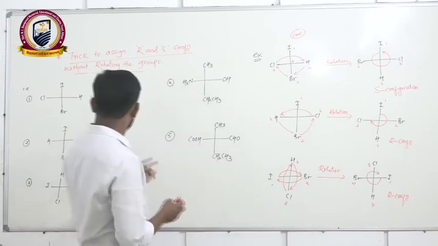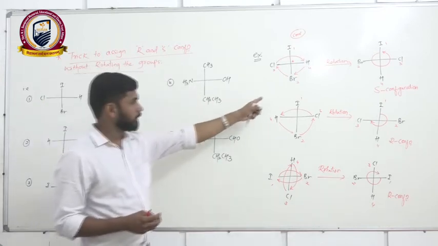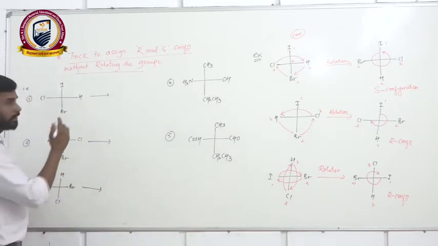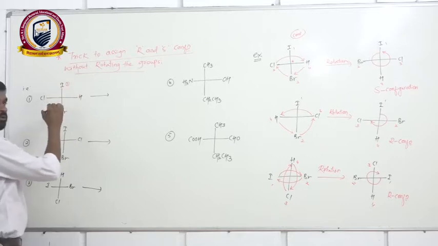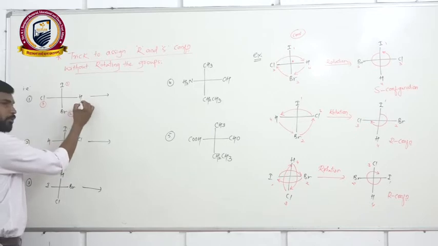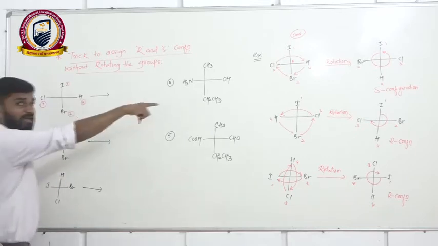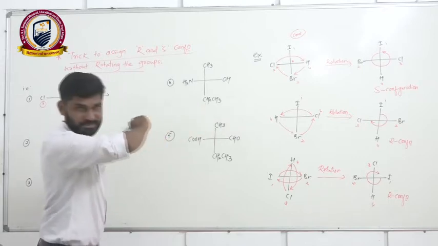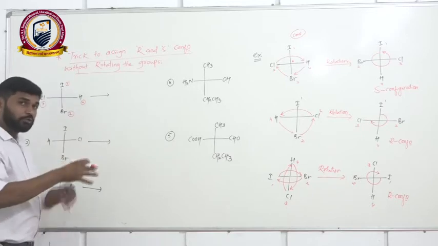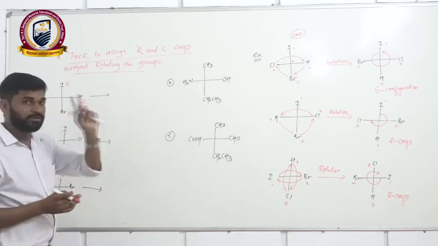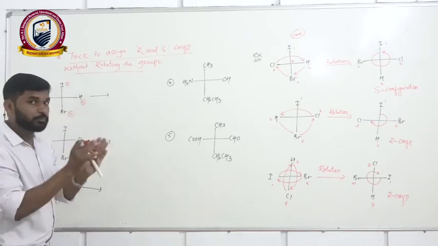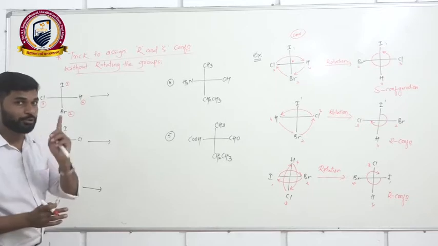Here I'll take the same example that I have written over here. Assign the numbers based on the atomic number. The first priority is given to iodine, second priority to bromine, third priority to chlorine, and fourth priority will be given to hydrogen. Previously, we rotated the groups. Here I am not going to rotate the groups, and without rotating them I'll assign the configuration. So assign the configuration without rotating the group and check what type of configuration you are going to get here.